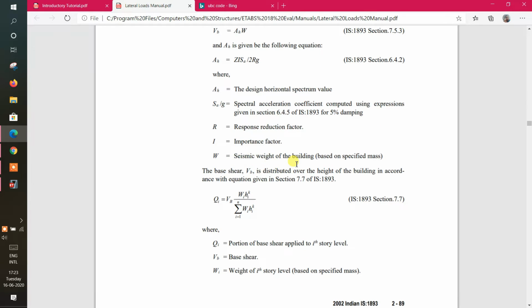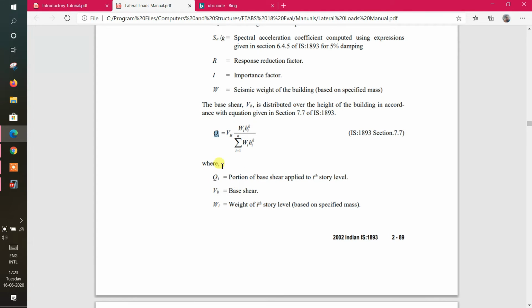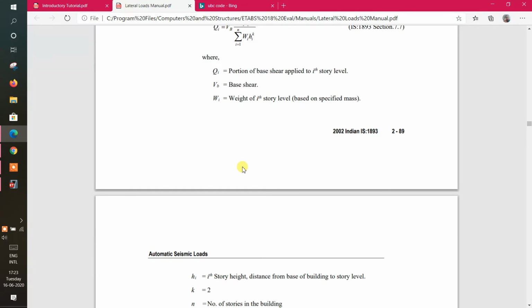W is equal to seismic weight, whole building weight, and Qi. I'm going to tell you afterwards, guys, clearly, with a paper. I'm going to show you Qi, not Q1. i is nothing but story level. VB is nothing but base shear, and you can observe here, guys.